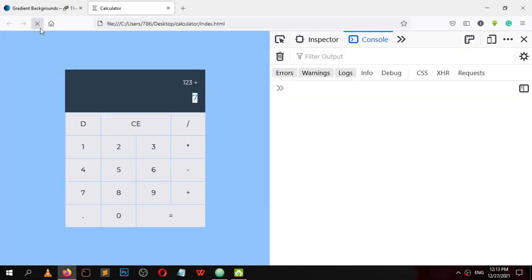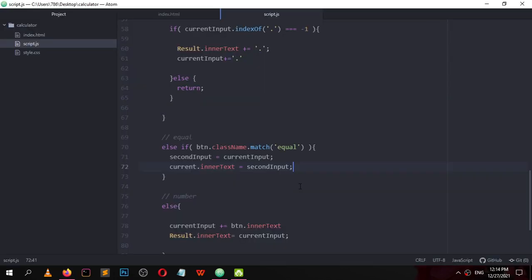Let me show you how this works. We have nothing to show. I just hit 1, 2, 3 plus. Now I click the new input 7, and I hit this equal button. 1, 2, 3 plus equal this 7, and now I want to change this to 130.